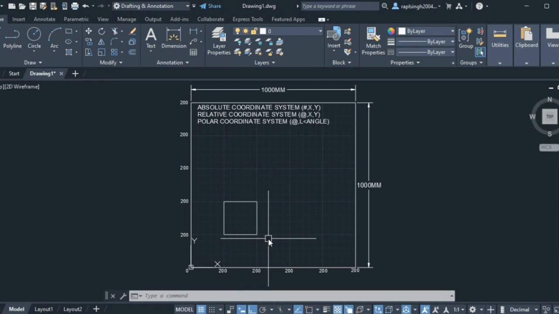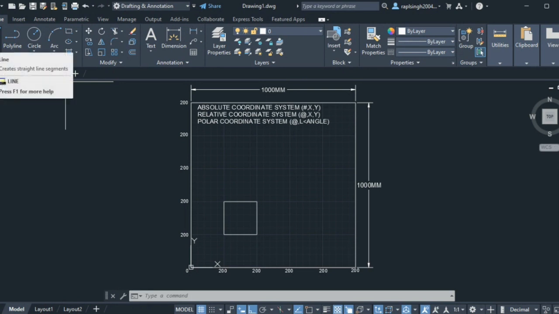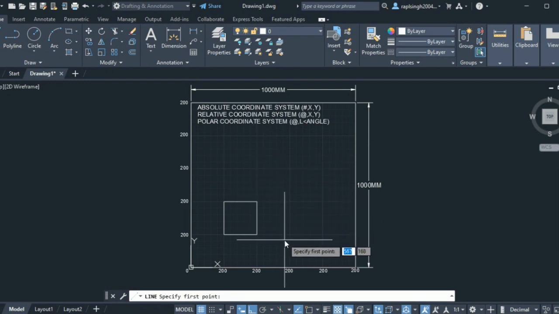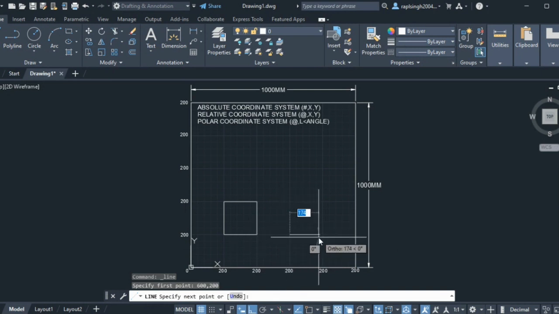Now let me show the relative coordinate system, @x,y. Now I want to draw the same rectangle by using the relative coordinate system. Take the first point #600,200. You see that. Now let's take another coordinate with the help of the relative coordinate system, @